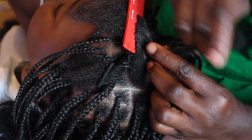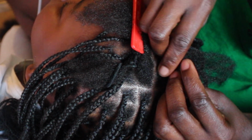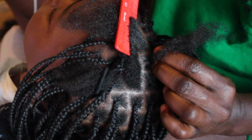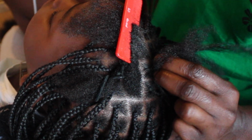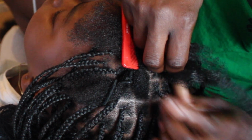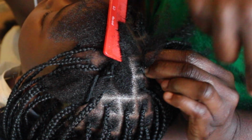To the side, which is great. So now I'm going to show you what we've done. As you can see, I've parted out the section that I need, and then I'm going to start off with a plait. So section it in 3 and then start with my plait as usual. There you can see I've secured the plait. Then I go in and get the hair extension, put it around, and then continue the plait. But I'm only doing 2 plaits as I go along. Okay, then I'm going to get an extension, add it to it,